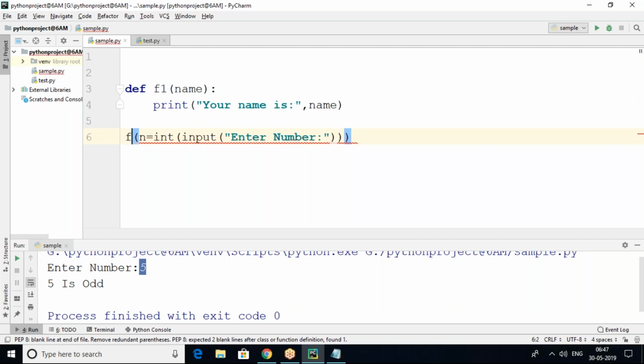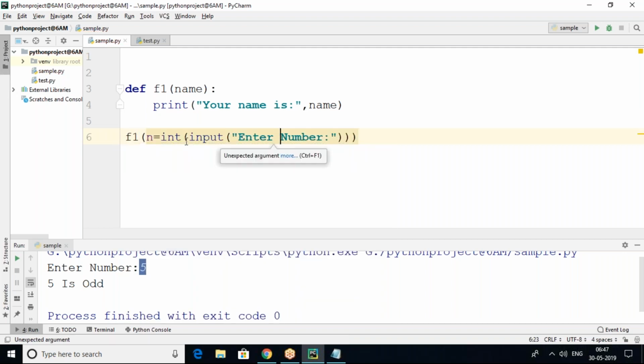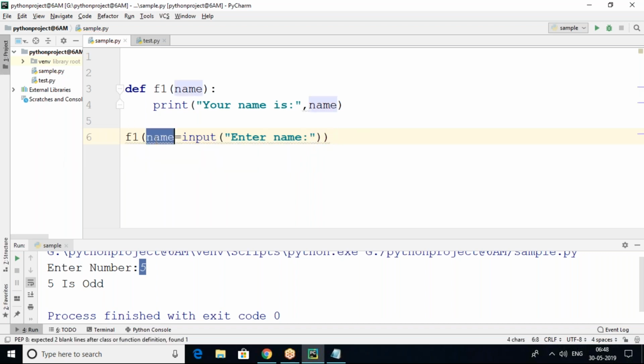Now you can see f1. This time I am going to enter a name, which is string format, no? So name equals input of enter name. It is a string, but did I convert it to int?